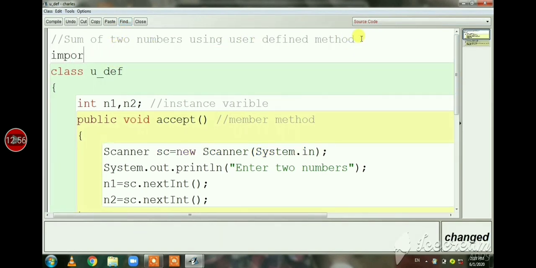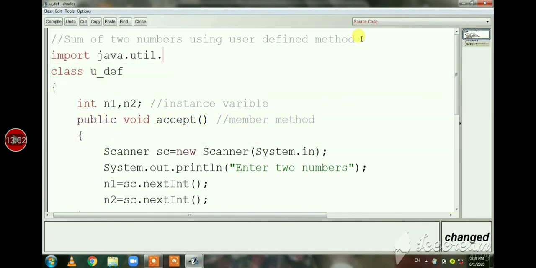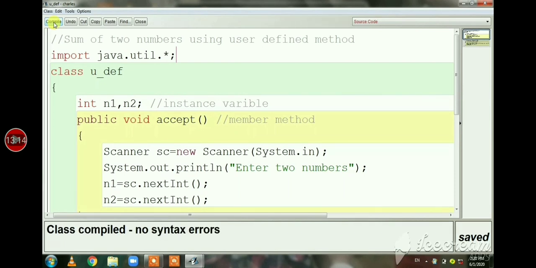So I need to import the util package, import java.util.asterisk. Now I am going to compile this program. See, I have no errors, so no syntax errors.